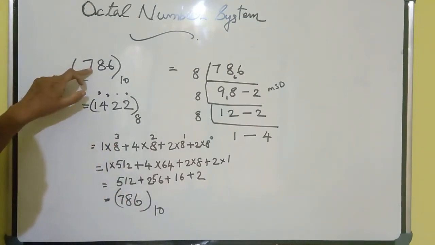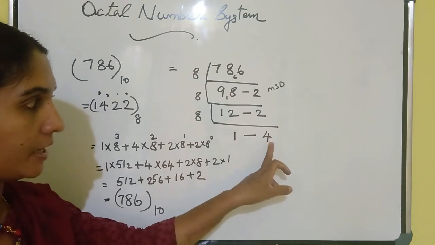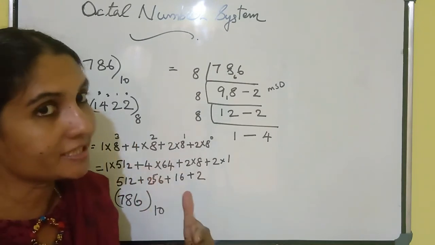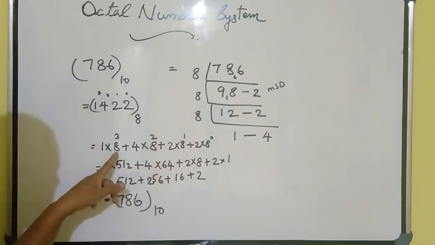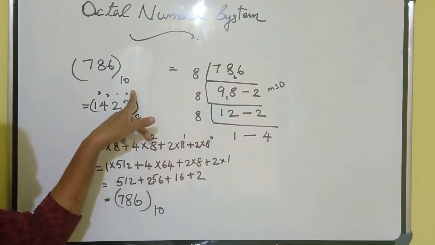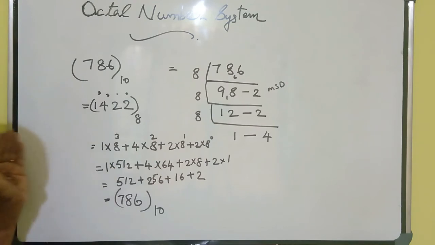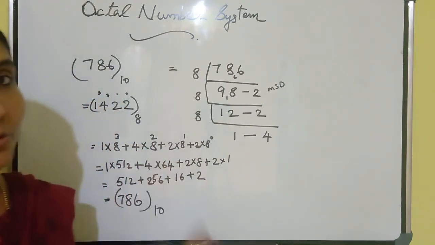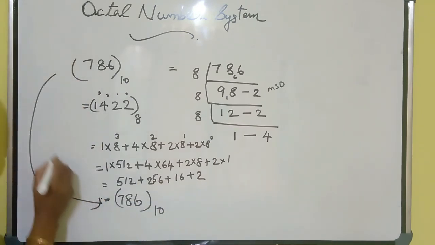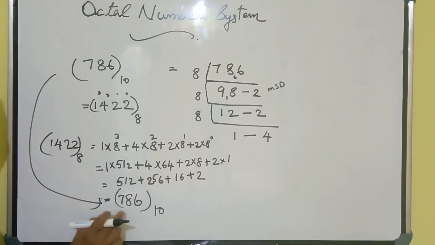Okay. How can you convert a decimal to octal? Divide the number by 8 and take the remainders. This is the equivalent octal number of this decimal number. Then again you can convert this octal number to decimal. How? Just multiply by the powers of 8. First you start from 0. Here you start from 0: 8's 0th power, 8 raised to 1, 8 raised to 2, 8 raised to 3. The power increases when you move to the left like this. After finding these values, you will get the same equivalent number. Understood? This is the octal number, and you will get again the decimal number.